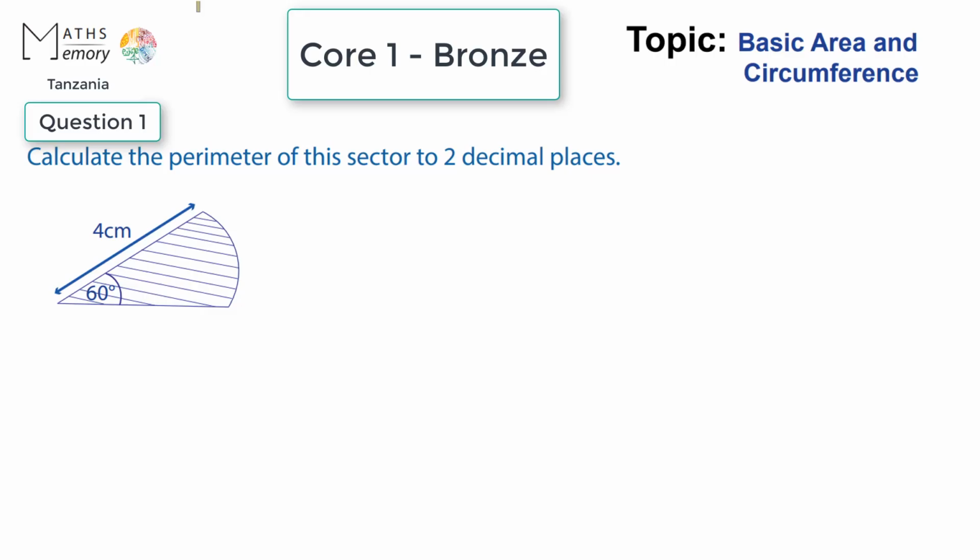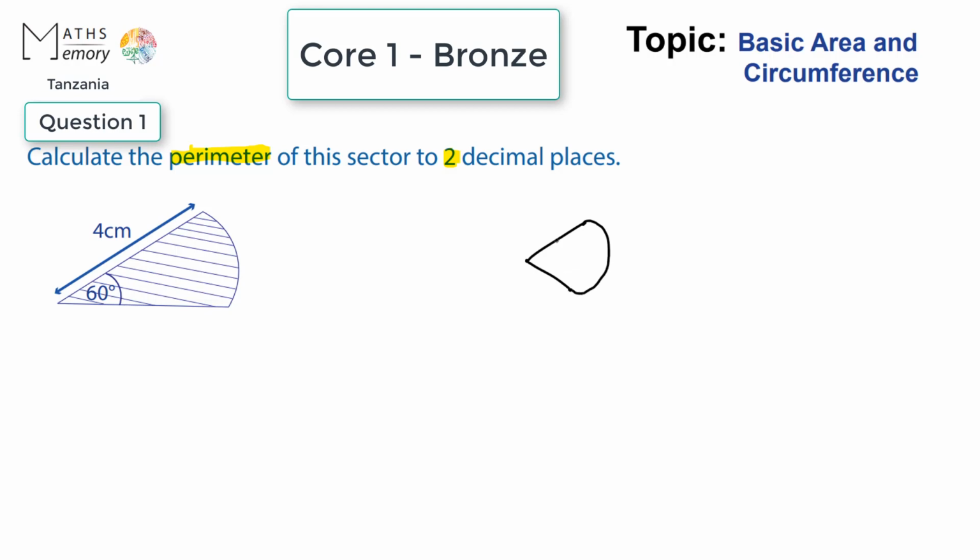So now let's go on with this topic called perimeter. You've done the area. Let's find the perimeter of this sector over here, to 2 decimal places. So same concept as before. We're first of all going to do this in 2 parts. The first part, let's find out the whole circumference of the circle, because when we get that, we're going to divide it by how